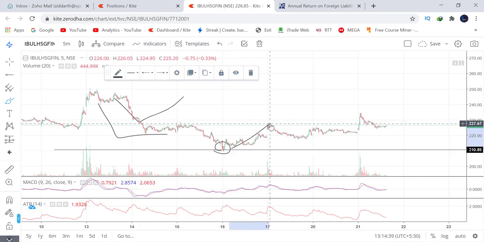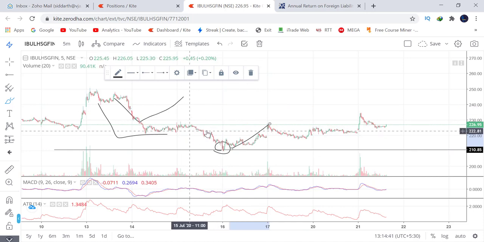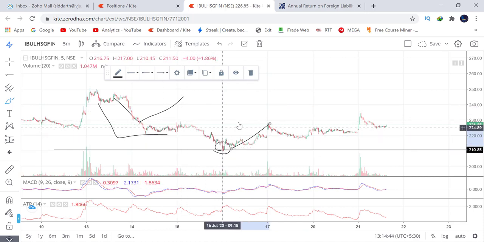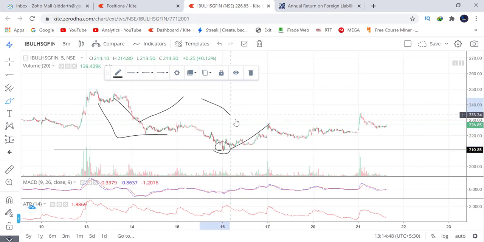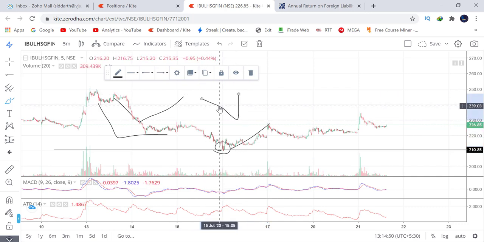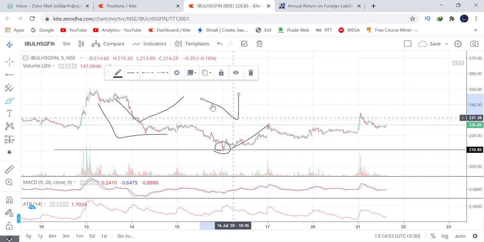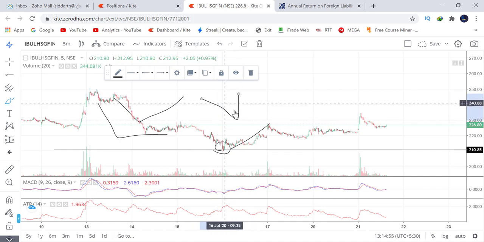And only after this move, I know for certain that there are buyers. But the buyers look weak too. What I want is for the sellers to take a lot of time and the buyers to come in really quickly. I call this a V, kind of a V formation, right?